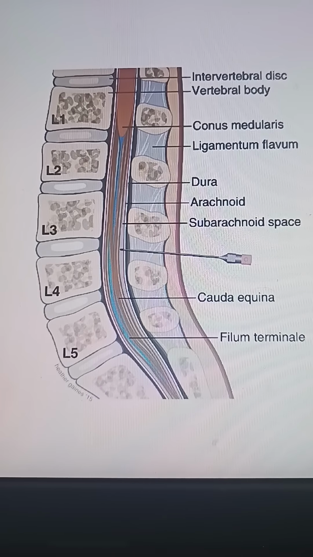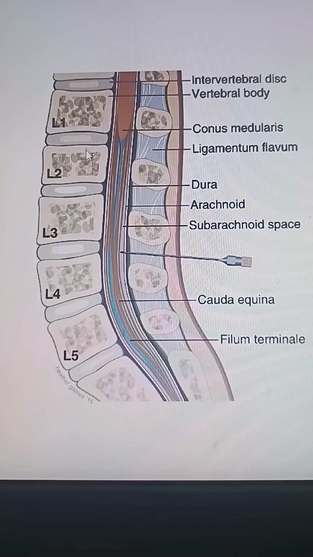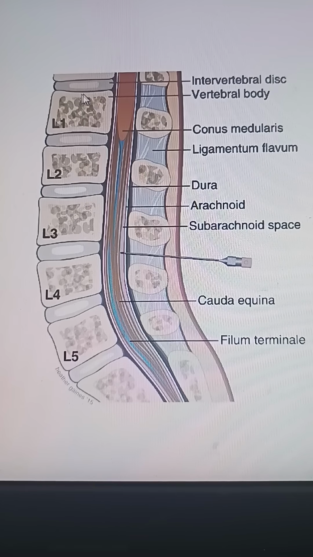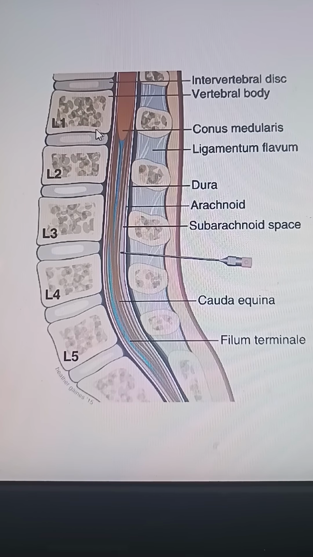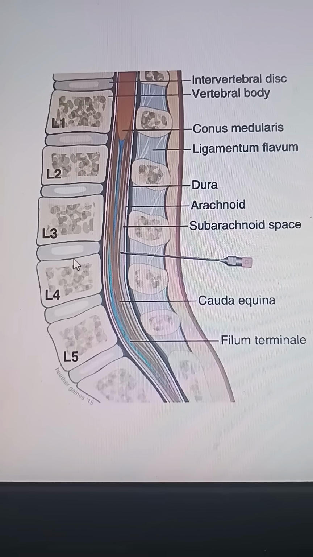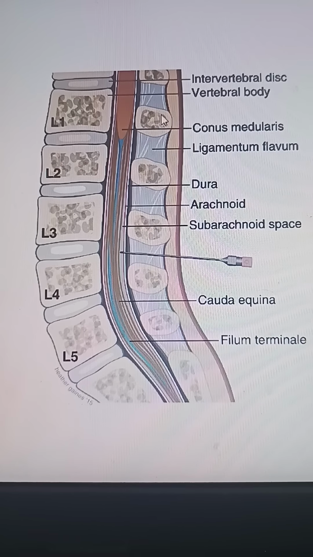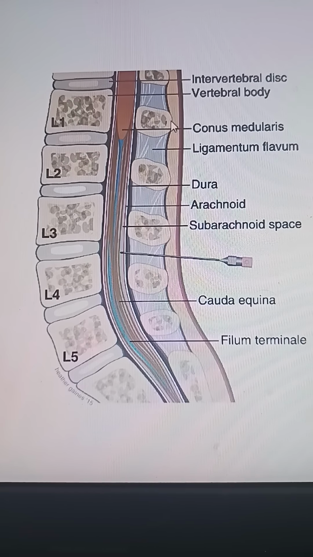So what you see here is a sagittal section of the vertebral column below the lumbar vertebra. Here you have L1, L2 and up to the sacrum. These are the bodies of the lumbar vertebrae in front, the anterior part, and these are the lamella and the spinous process of the corresponding vertebra,